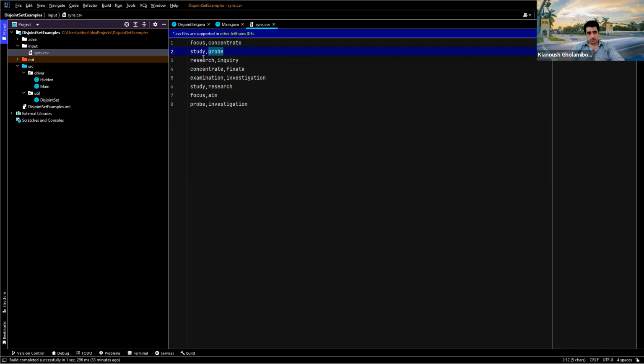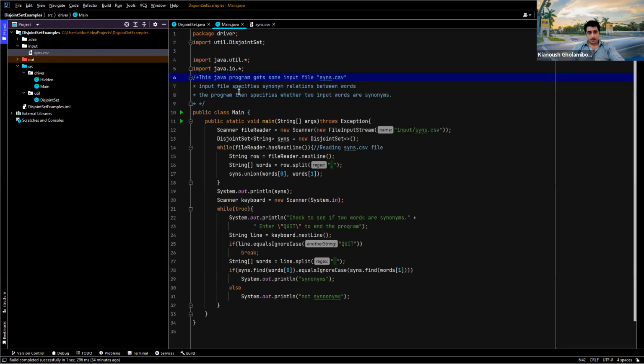Study and probe are synonyms. Research and inquiries are synonyms. Concentrate and fixate are synonyms. Examination and investigation. Study, research, focus, aim, probe, investigation. And